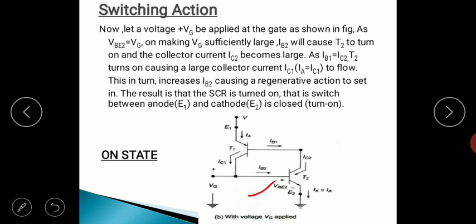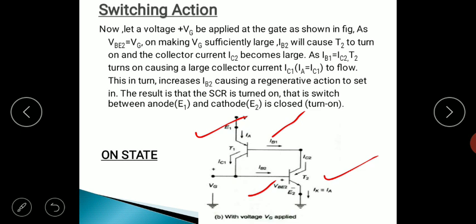Since transistor T2 is on because of VG or because of IB2, a large current IC2 starts flowing in this circuit, and this IC2 is IB1 for transistor T1, which ensures that transistor T1 also enters saturation. As a result both transistors T1 and T2 are on, and hence there exists a short circuit between the anode and cathode of the SCR, and the SCR behaves as an on switch.